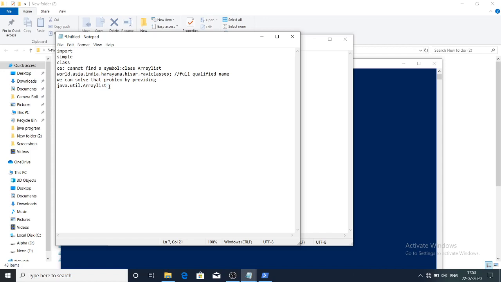So what happens is, all the time we take a name like that, a big name. Because of that, the code length will increase. All the time we have to take this name.